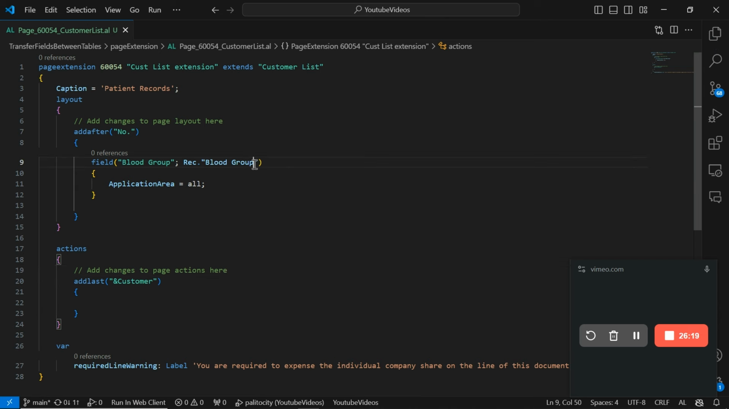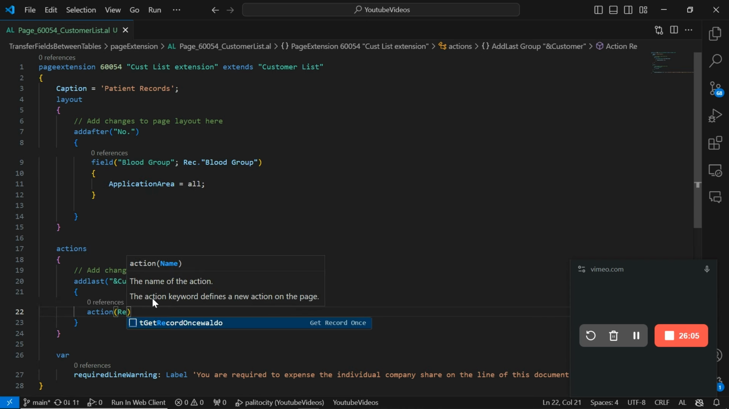Because the first page that launches in Business Central is actually the customer list, why not attach the function within the customer list? So what I want to do now is create an action called